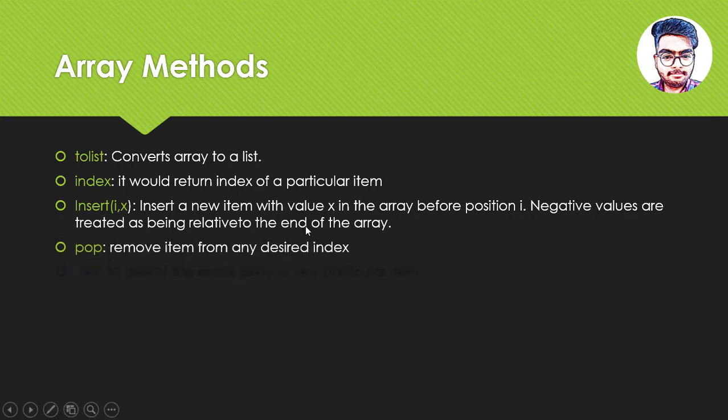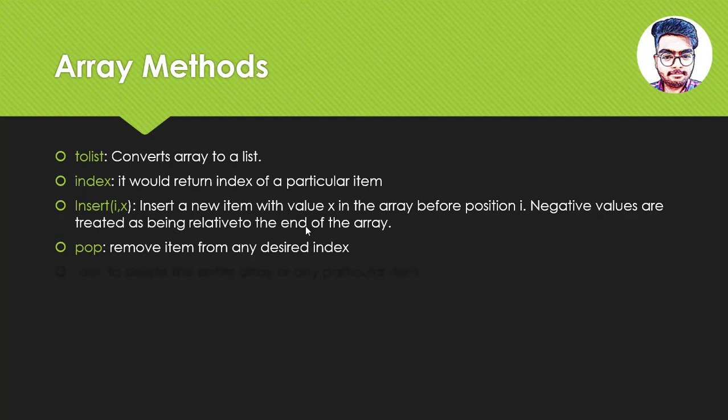The next method is the pop method. The pop method removes an item from a desired index. Now you may wonder that we already had the remove method. What is the need of the pop method? The remove method removes the element at its first occurrence. We pass the element that we want to remove inside the remove method and the first occurrence of that particular element inside the array is removed. Whereas when we are using the pop method, we pass the index number and it removes whatever element is there. For example, if there is an array 1, 2, 3, 4, 5 and I want to remove 4, then I would pass the index 3 and 4 would be removed.